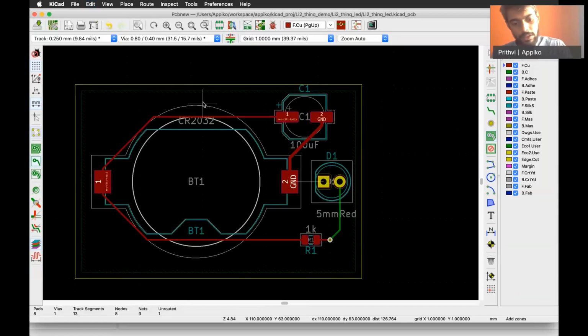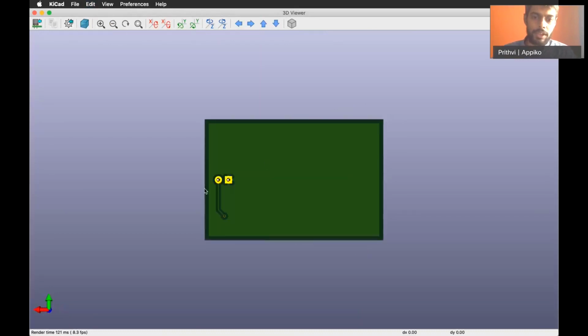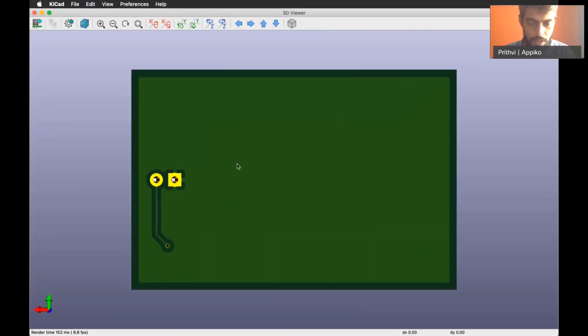So we fill the copper ground plane and then we see how it looks. As you can see, the bottom layer is full of copper connected to ground. This pin in the LED is actually ground and it's connected by these 3 points.